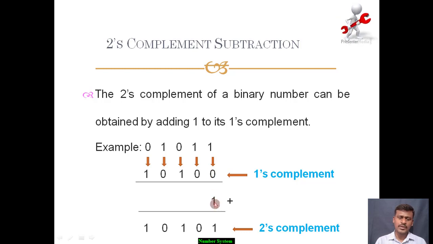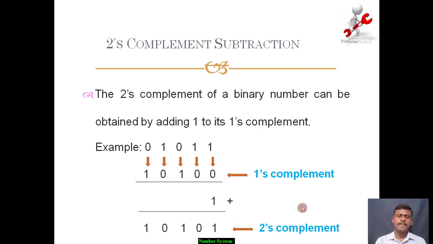So once we add the 1 to this ones complement, that is 0 plus 1, 0 plus 1 will be 1 as the answer and 0 as a carry. So 0 will be taken as it is, 1 as it is, 0 as it is, 1 as it is. So this is your twos complement of this number, right? The step is, whenever we want to convert into twos complement, first we will convert that number into ones complement. So once we get the ones complement, to this ones complement we will add 1 so that we will get the twos complement in the end, right?